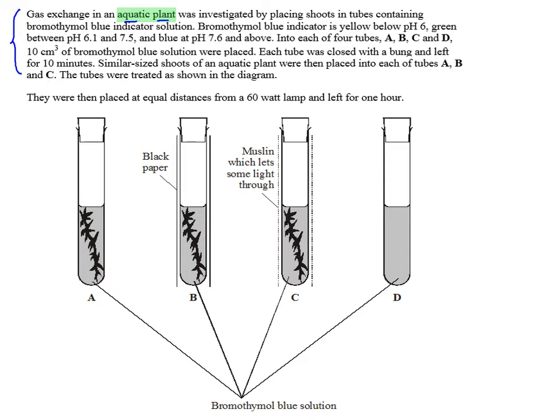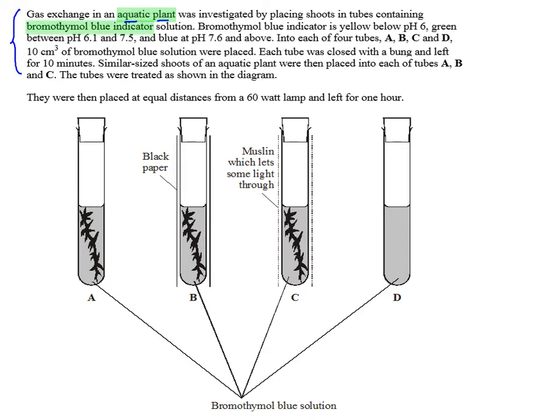So firstly, we know these are aquatic plants, and aquatic means that these plants survive and live within water, and the carbon dioxide can be dissolved in the water or it can be as hydrogen carbonate ions, and that is then fixed during the Calvin cycle inside the chloroplasts of these cells from the aquatic plant. So these aquatic plants can photosynthesize within water as long as they've got a source of carbon dioxide, and they will absorb, as we know, different colors of light depending on the pigments they have inside their thylakoid membranes.